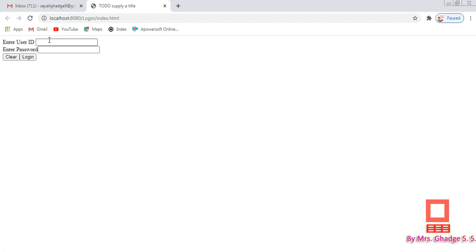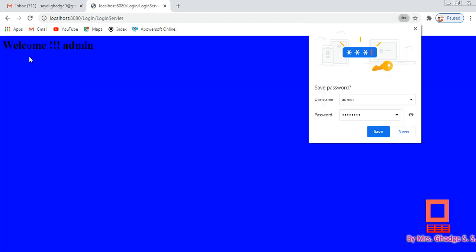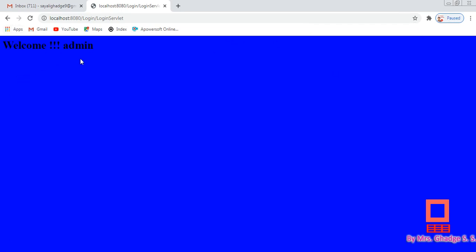Here we have to write the username admin and the password admin123. Just click on login. Okay, here you can see the output, welcome admin, that is our username is admin.